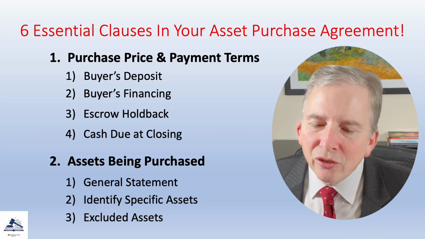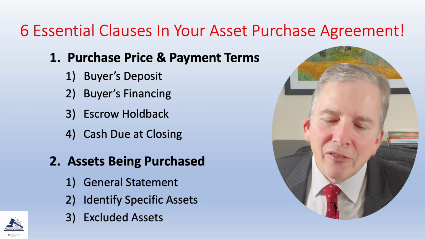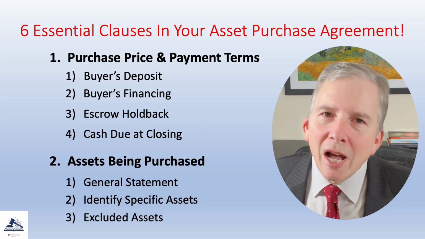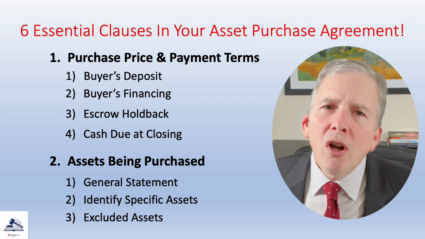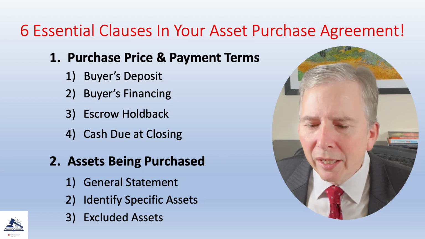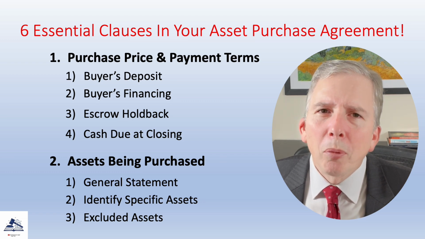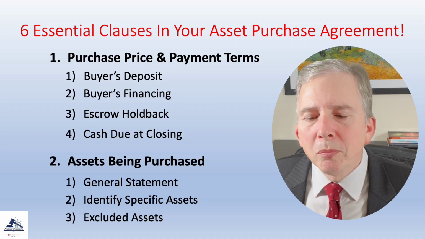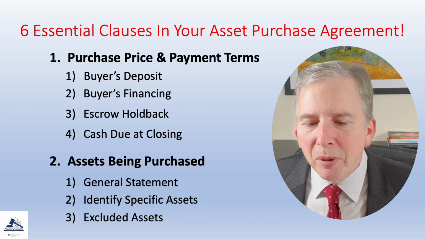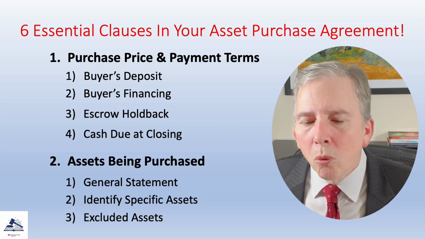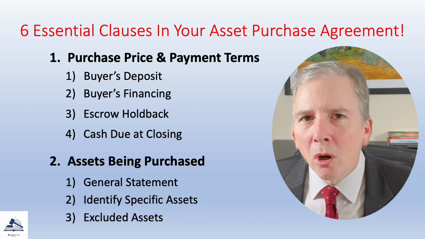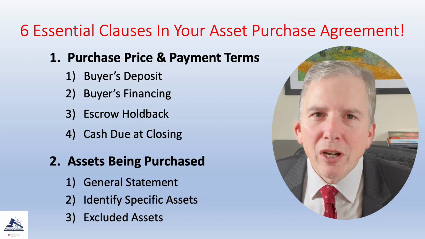As part of the assets section, the APA should also have an excluded assets subsection that specifically identifies the seller's assets that are not being purchased in the transaction. These often include things like the seller's bank account, accounts receivable, or personal items. Both of these topics must be covered in the assets section of the APA so that you're clear about what assets of the business are actually being bought and what assets of the business are not being bought.